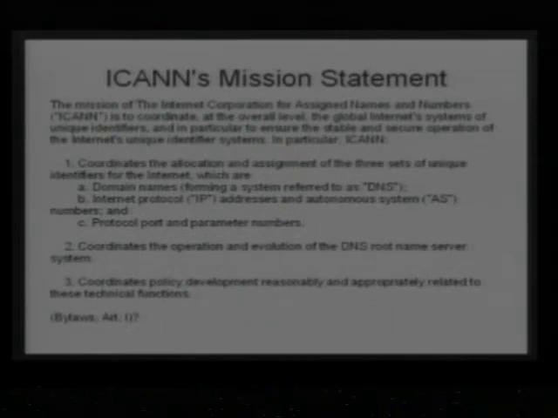Mission is to coordinate at the overall level the global internet system of unique identifiers, and in particular to ensure the stable and secure operation of the internet's unique identifier system, domain names, internet protocols, and protocol numbers. DNS. Well, that's a nice sounding mission statement. Stability and security sound good to all of us, but we all know what happens to lots of mission statements. They end up shelved,